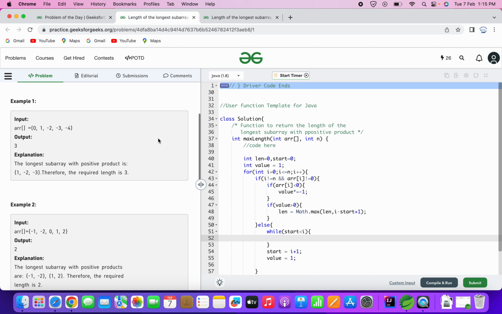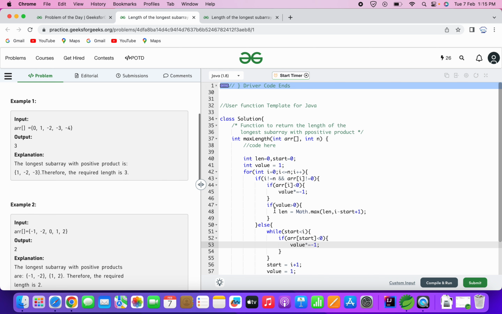So till the point, right now when we encounter this 0, I will be pointing to here, the index location will be 2, but start is still pointing to 0. So now what we can do here, each time we can check if array of start is less than 0, then we can do the same thing here. I'll just mark the value as a negative,